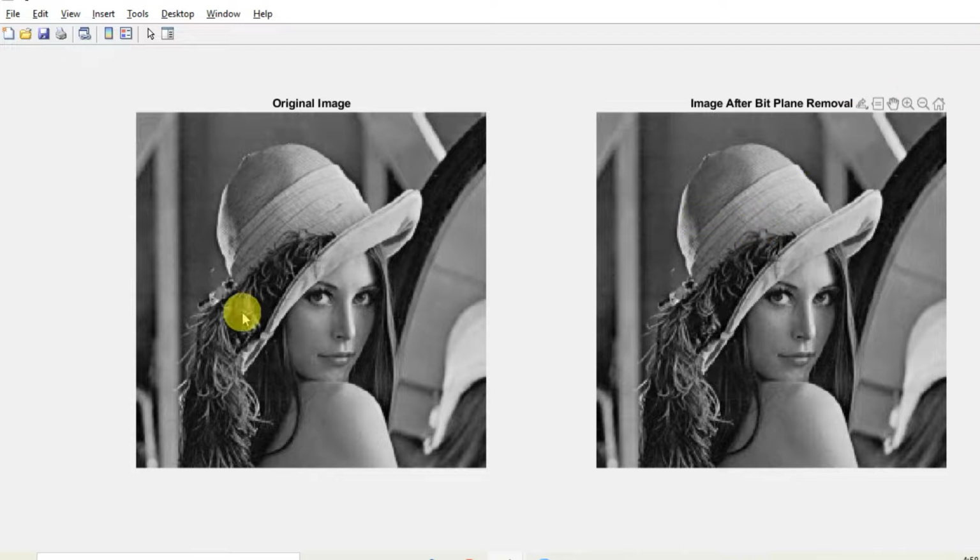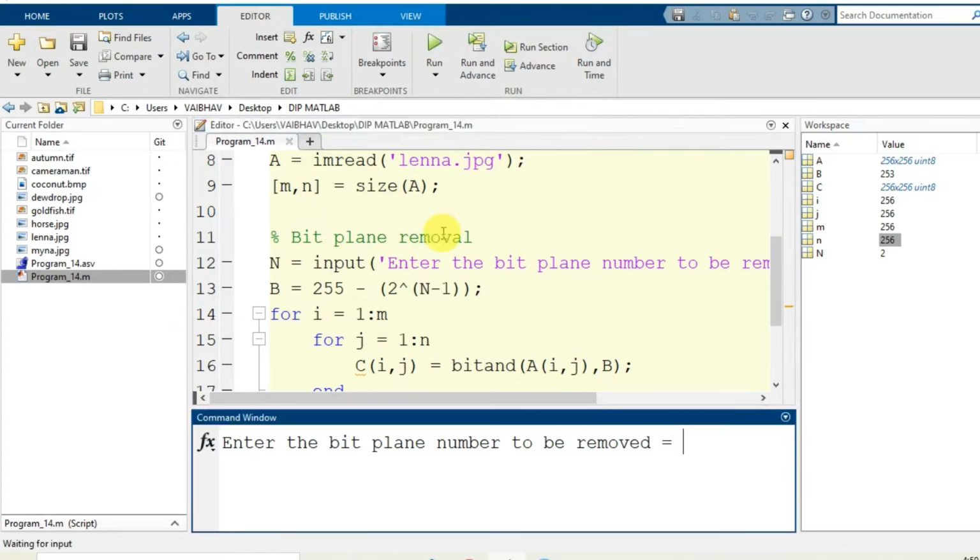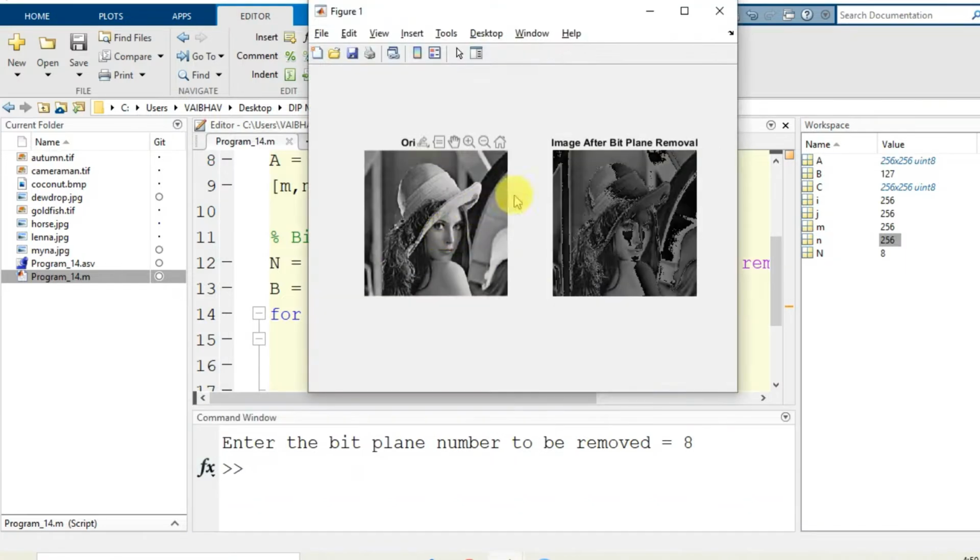The visualizations are quite similar because most of the information is stored in the most significant bit plane, that is 7 if you start at 0, and if you accept the input from the command prompt, it will be 8 here. So I run this particular program again. If I provide the value 8, let us check what the visualization in the output is.